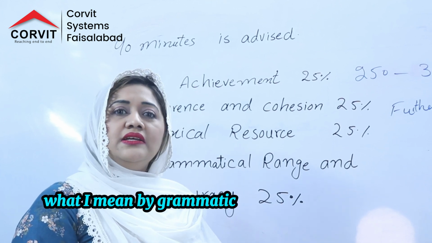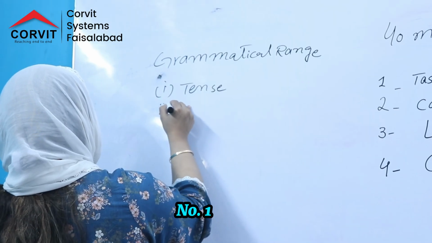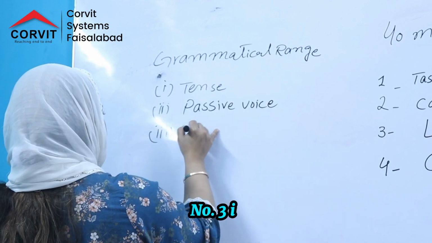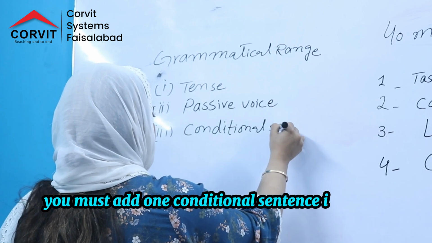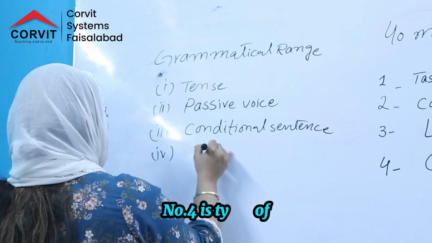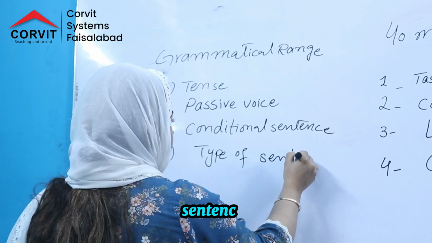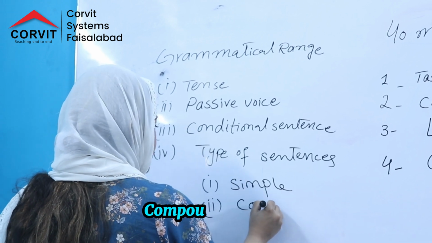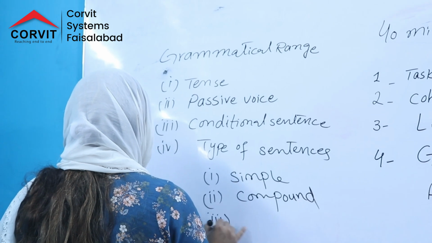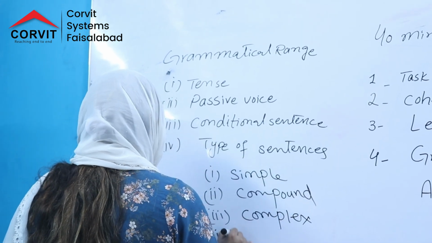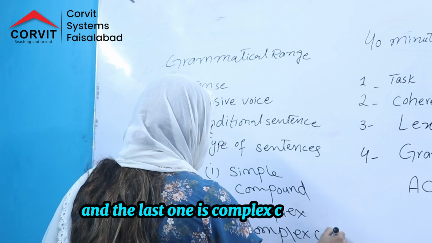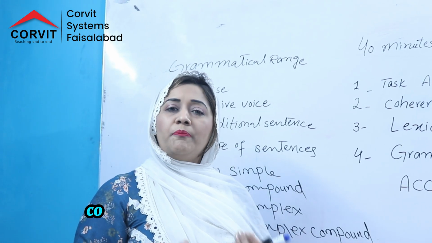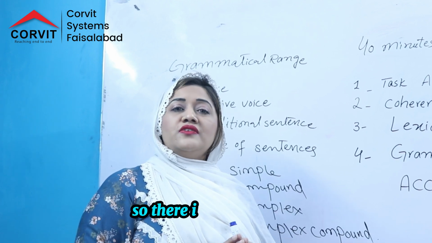What I mean by grammatical structures, let's talk about number 1, tense, number 2, I see boys, 3 is you must add one conditional sentence into your essay. Number 4 is types of sentences, in which we write simple sentence, compound sentence, complex sentence, and the last one is complex compound sentence. If we talk about how many complex compound sentences should be there, so there is no limitation